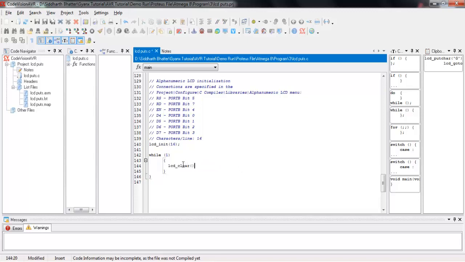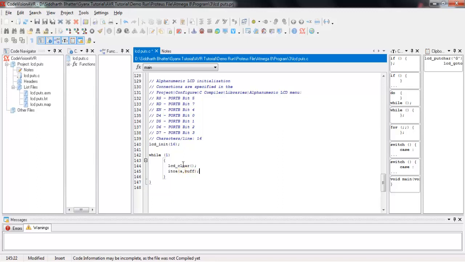Write it down and clear the LCD first, and after that I'm going to write the ITOA, which converts an integer to an alphanumeric value. This function is actually not in the library which we have included.